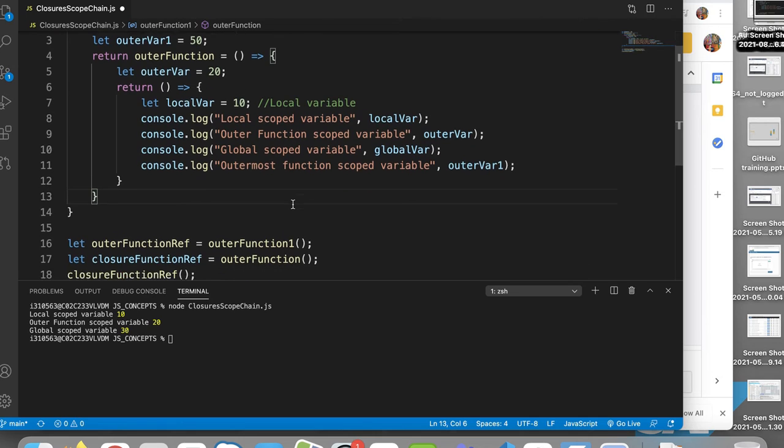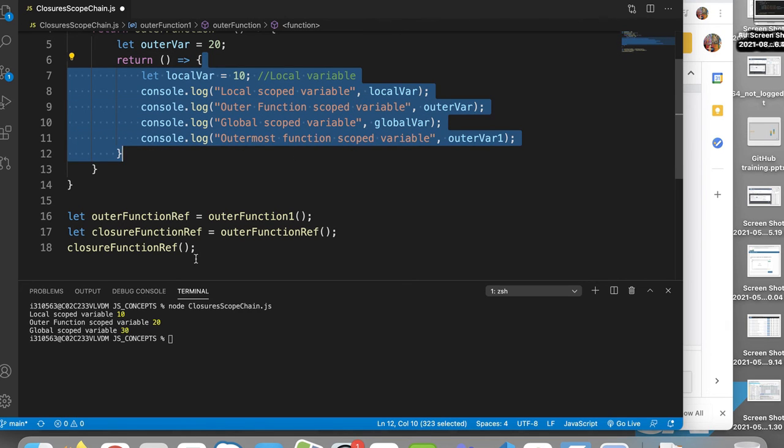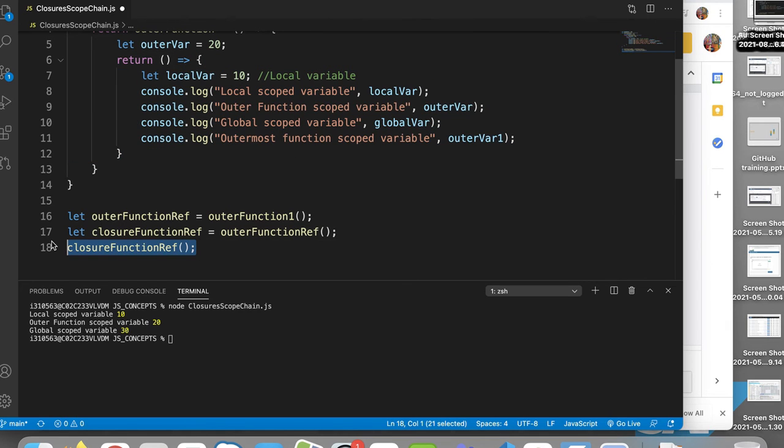And now once you call the outer function reference, it will return this closure, and that will be your innermost closure function, and you just need to call it. Okay, let's check this now. Let's save this and try.